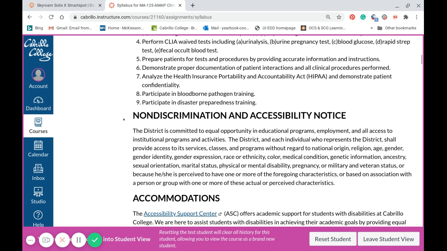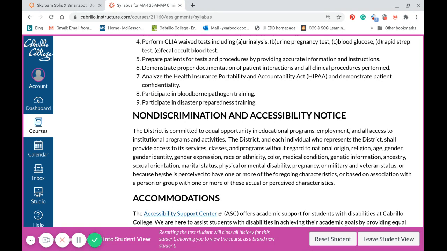Okay. A lot of these things are pretty standard. You're going to find on probably every single syllabus of every course that you take at Cabrillo College. As far as the non-discrimination and accessibility notice, basically that our school is committed to equal opportunity in all areas as far as educational programs, employment, and all access to programs and activities. So no regard to